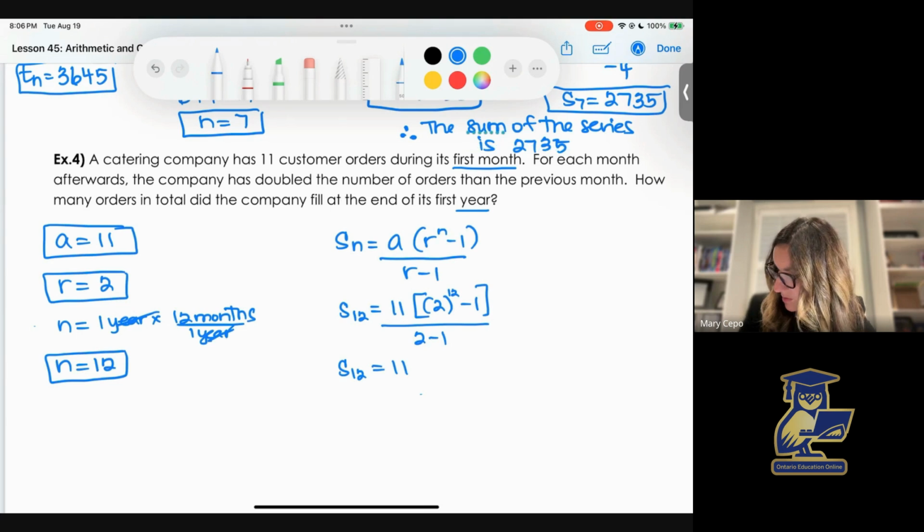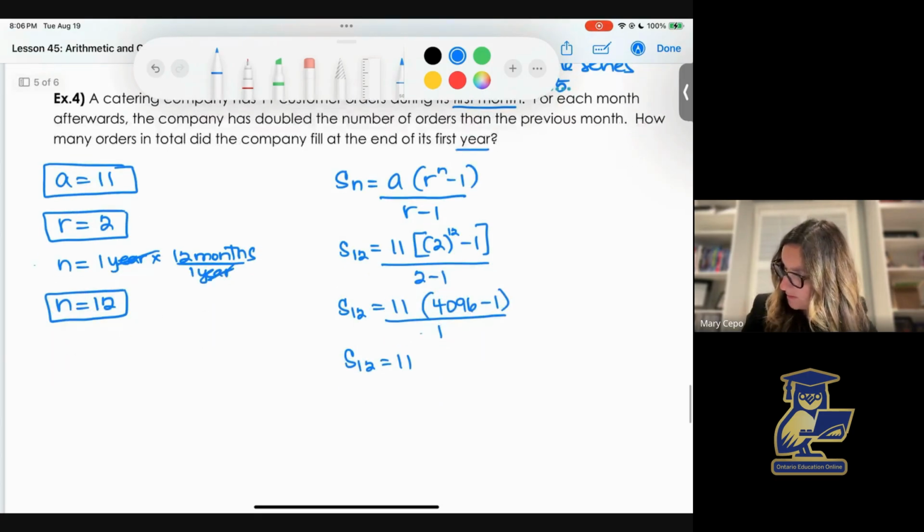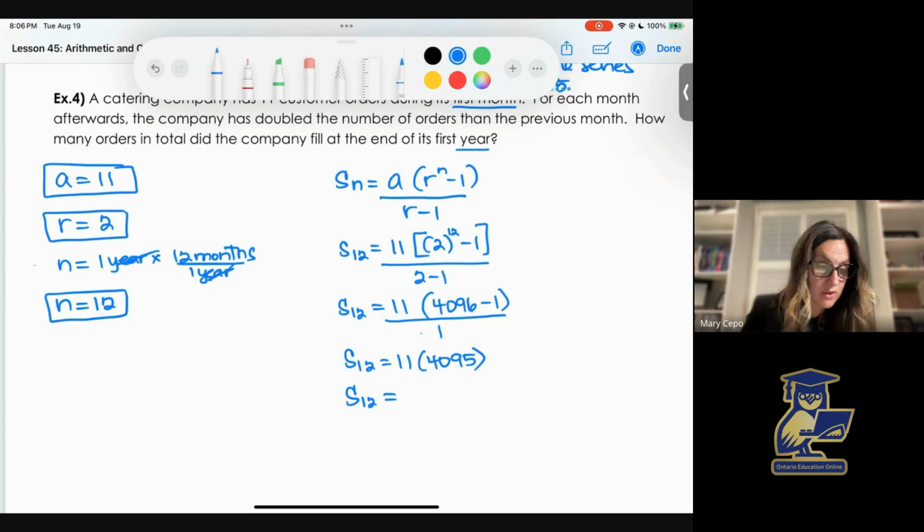Okay, always following BEDMAS. We know 2 to the power of 12, which is 4,096, minus 1 all over 2 minus 1, which is 1. 4,095. So therefore, 11 times 4,095, which would be